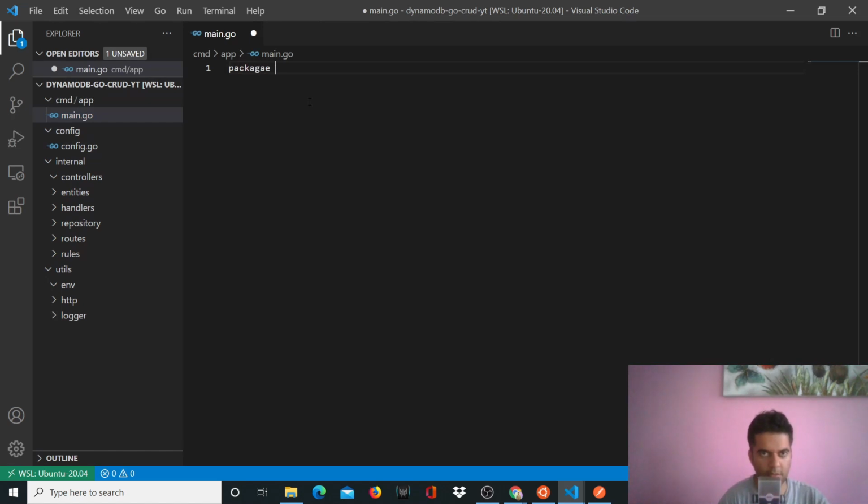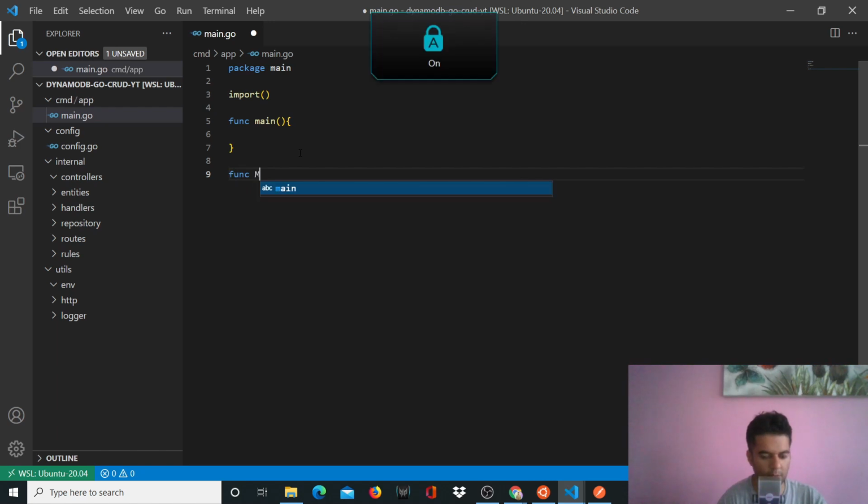If you've been watching my channel, I always do this. So it's a very, very basic kind of an outline. We'll have package main, we'll have import, and we'll have obviously func main, which is the most important function in any Golang project, right? And main.go is the most important file always. Now I'll have a couple of more functions, and I'll explain to you what they do, but just for now,